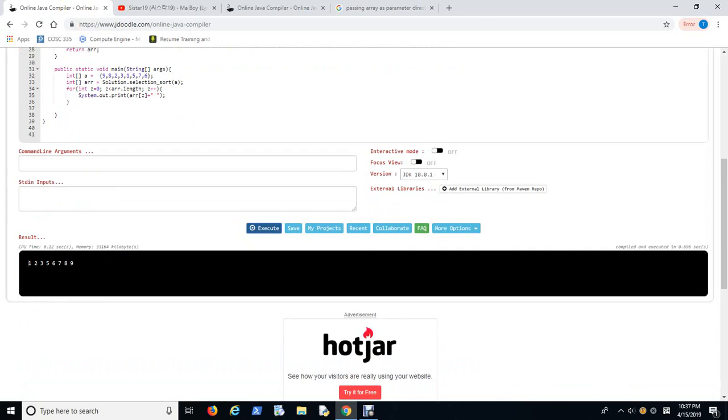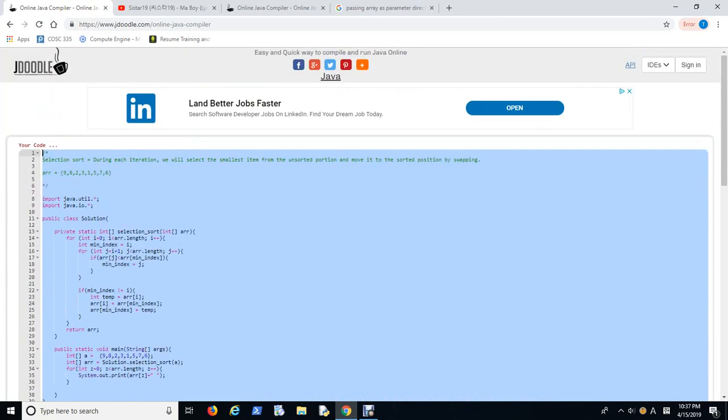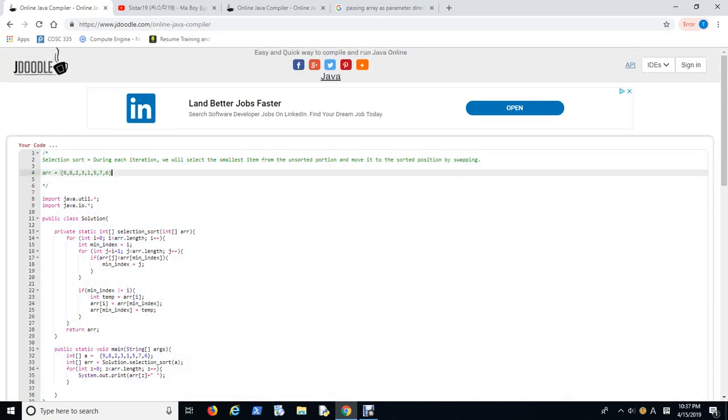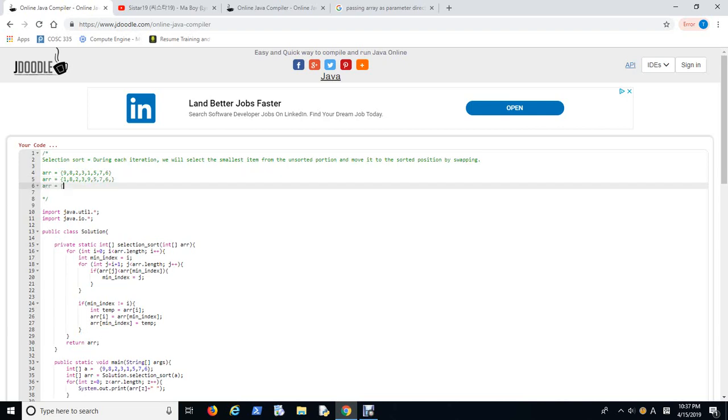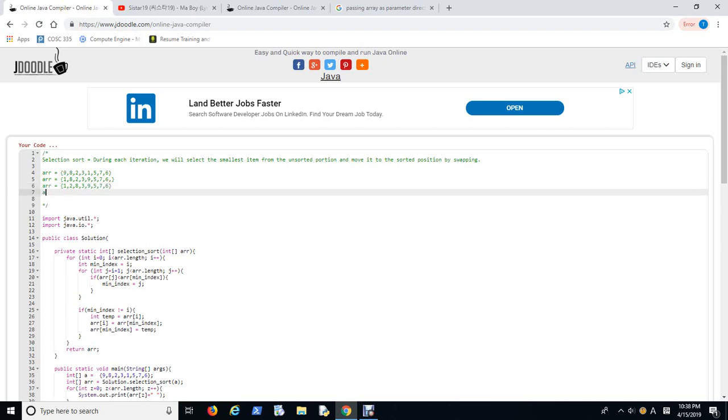So sorry. So this was the selection sort in Java. I hope you understand what I was trying to get at. I can traverse through every single element here. For example, after the first loop, the array is going to be 1, 8, 2, 3, 9, 5, 7, 6. And after that, the array equals 1, 2, 8, 3, 9, 5, 7, 6. And then next time, the 8 is going to be swapped over with 3,